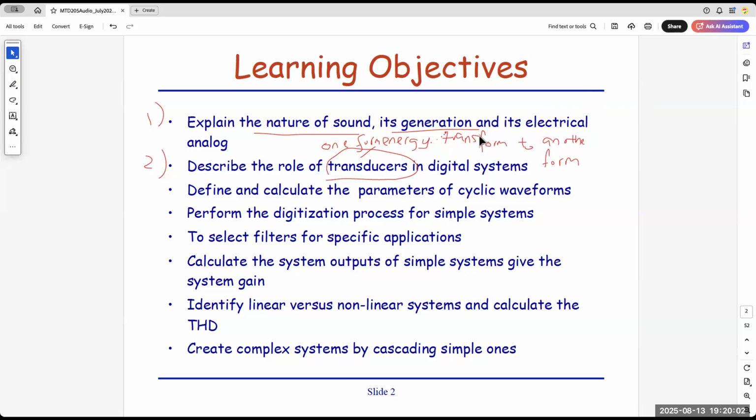In short, as mentioned just now, today we are talking about what sound is, how to generate it, and how to convert sound to an electrical representation. To convert to an electrical representation, we need something called a transducer. It converts sound to electrical, and after manipulation, converts electrical to sound again. We'll go through that later on.